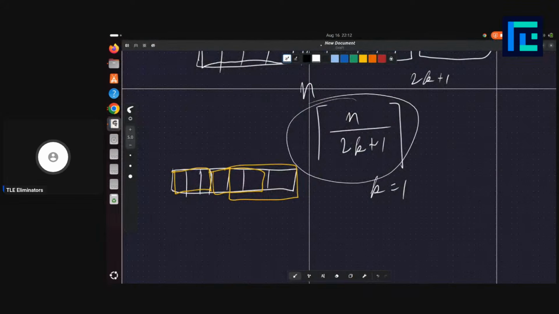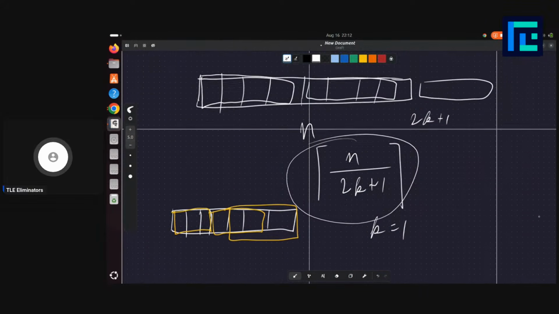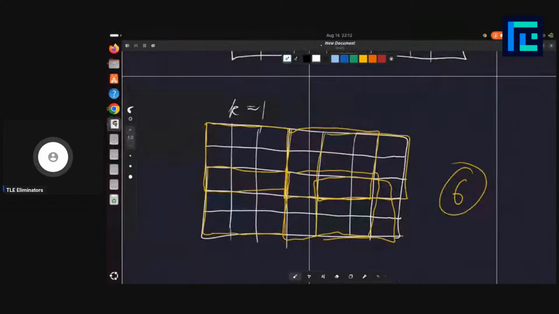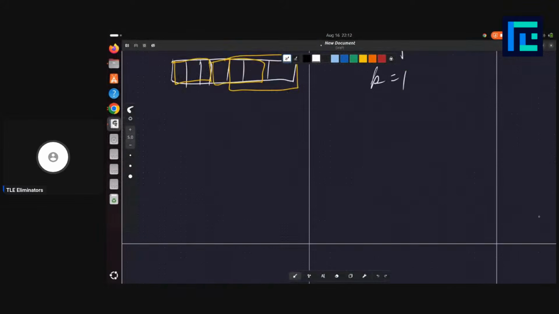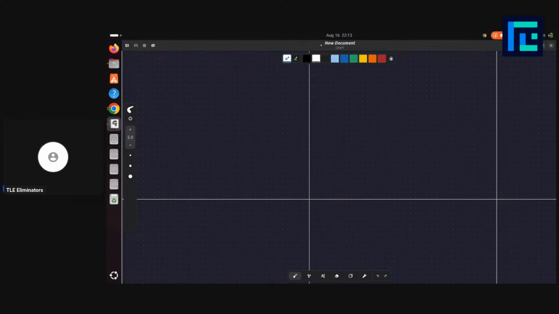So this is for the 1D case, right? But what about 2D? Like in the 2D case, how many squares would you need? I think it is quite intuitive that you need to cover all these squares. Let's say,